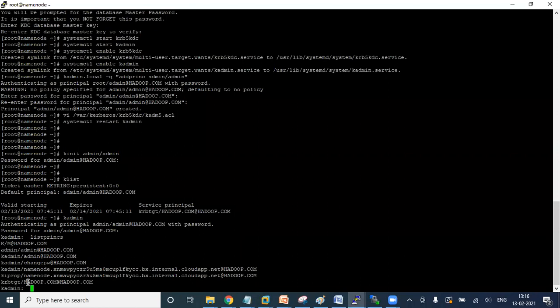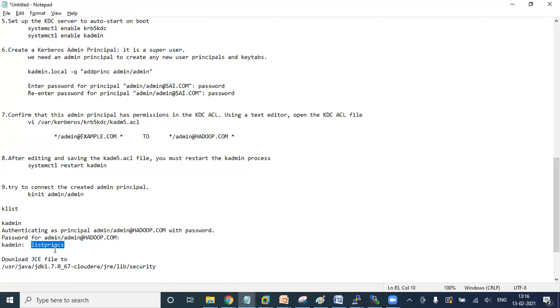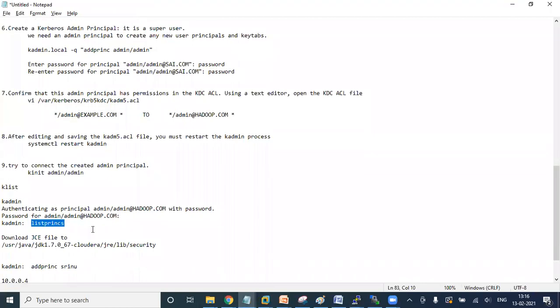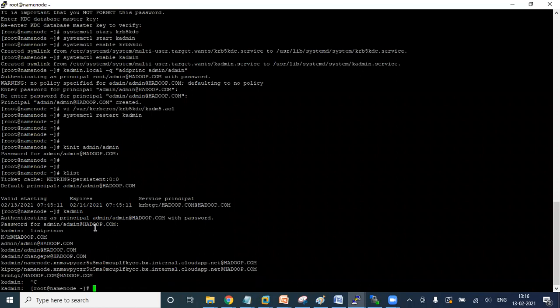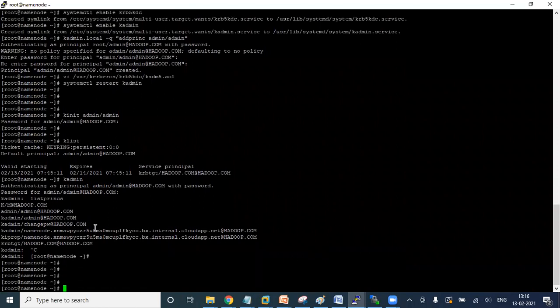These are the principals created by default, and this is what we created, admin/admin. Up to here we have configured everything at the OS level. Press Control D to come out of this.